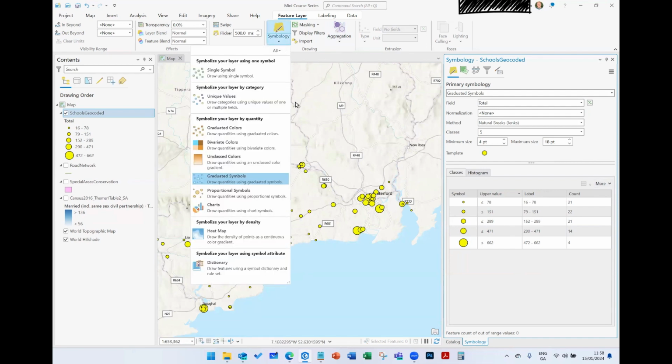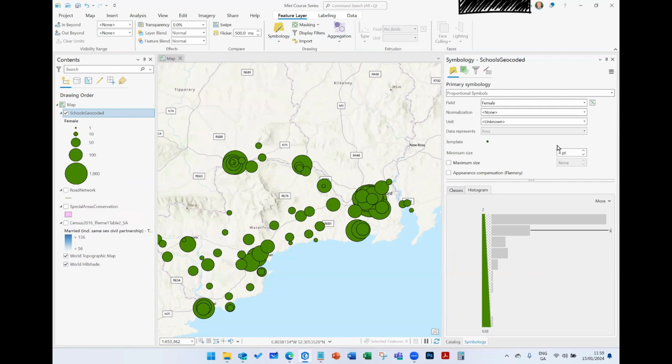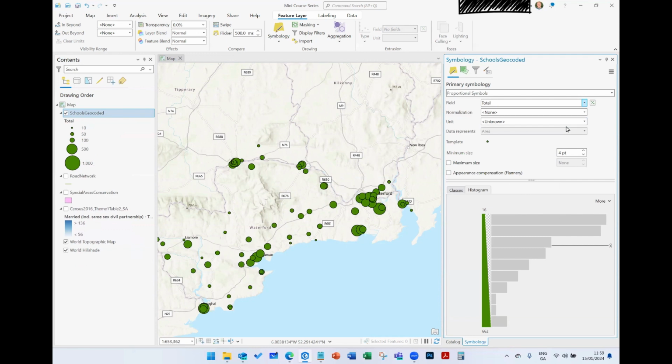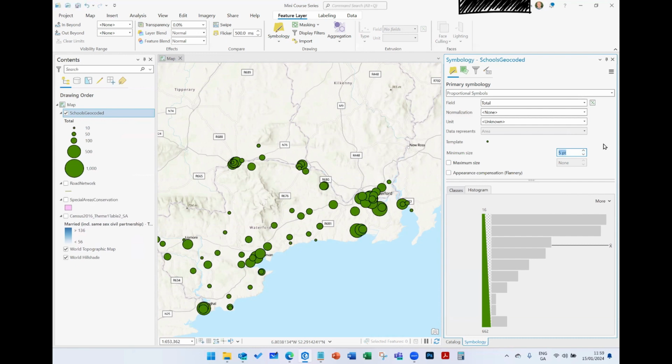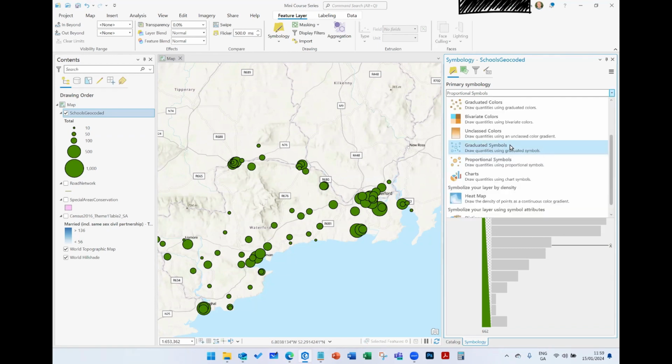And the difference between graduated symbols and proportional symbols is that we have the exact same fields that we can go in and say, oh, this is going to be a total, and my template, my minimum size. And if I want to display this in real time or get more control over the histogram, I can choose proportional symbols. Or if I go to graduated symbols,